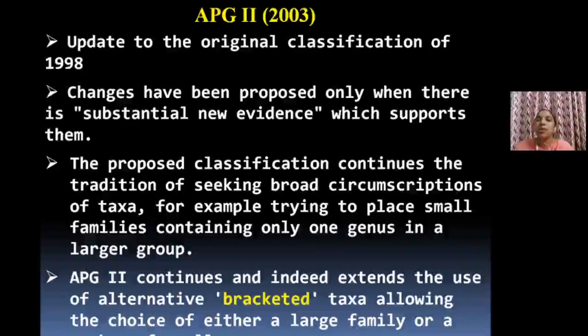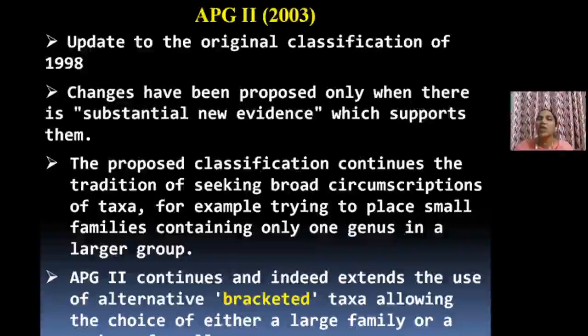Now, so that's all about the first group, that is APG 1. Some families have no definite place in that group, so they are given in the uncertainty group. Okay, and there is no division into monocots and dicots. Monocots have a special rank, clade, and dicots are eudicots, true dicots, again divided. Clear? Okay. Now, the second type of revision occurred in 2003, and that is APG 2.